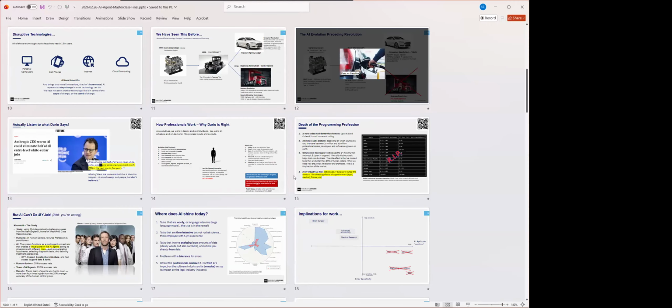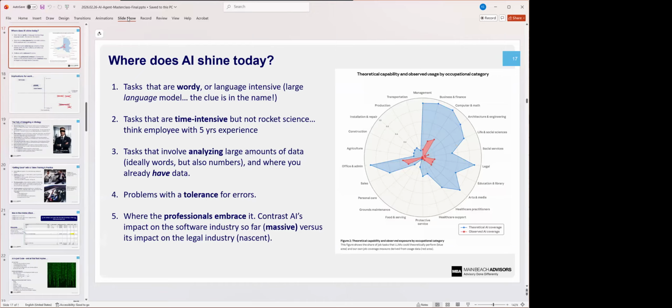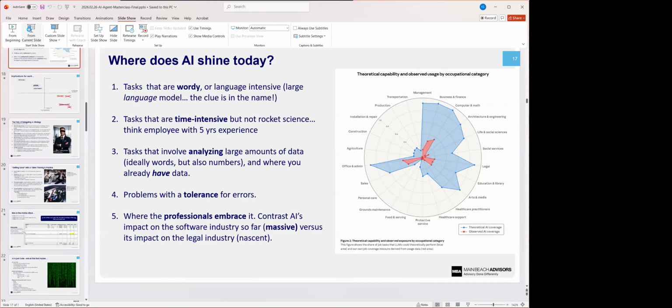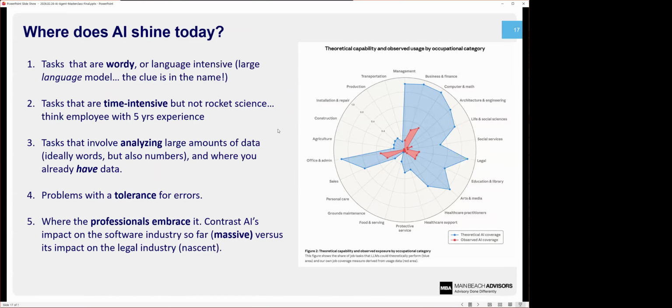And there's one more slide I want to go to. I'll just go to this one here. So if I put this back into present. So Anthropic actually just released a study, and this graphic comes from Anthropic's study, and it's talking to this tension of the difference between the capability of agentic systems and the adoption, right?